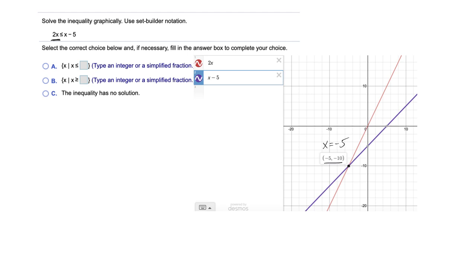This says we're looking for when 2x is below because it's less than, or intersecting because it's equal to x minus 5. Okay, so our red line is the 2x, right? So we want to find where it's below. Okay, so right here it's below the blue line, right? The red line is below the blue line. So we can say that's going to -infinity, right? And then it stops and is equal to